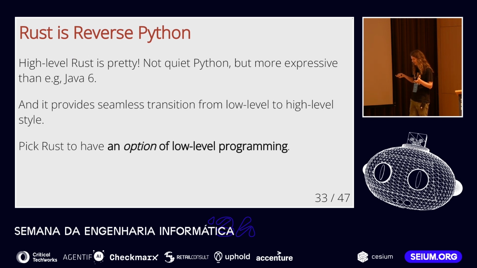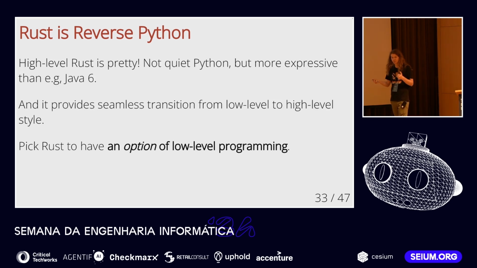So what does it have to do with Rust? Well, it turns out that Rust, in some sense, is a reverse Python. The same idea works in Rust, but we arrived at it from a different direction. We start from the maximally low-level language with unsafe pointers and whatnot, and then we write basic safe abstractions on top of that unsafe subset, like hash maps and vectors. And then on top of that basic API, we write high-level libraries. And it turns out that high-level Rust is actually a pretty pleasant language.